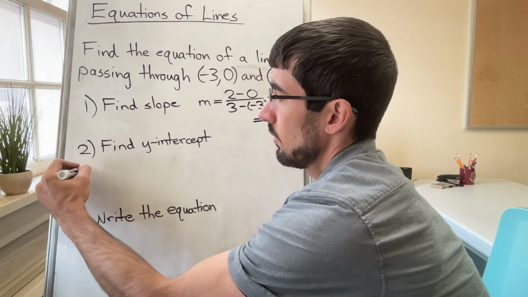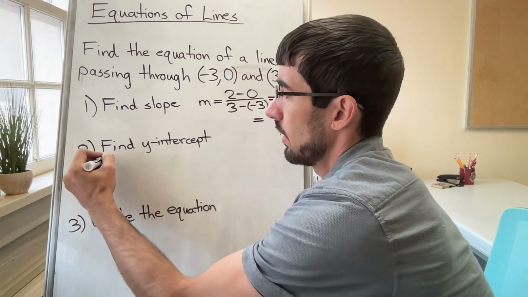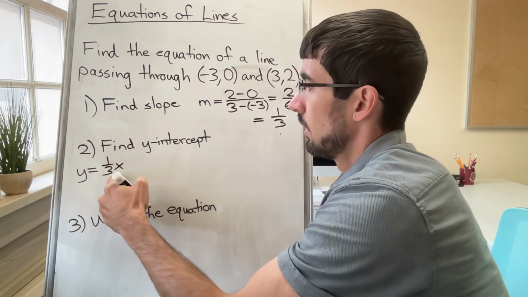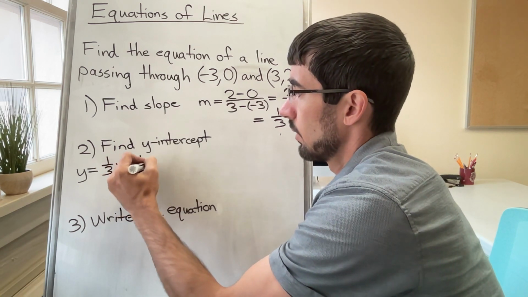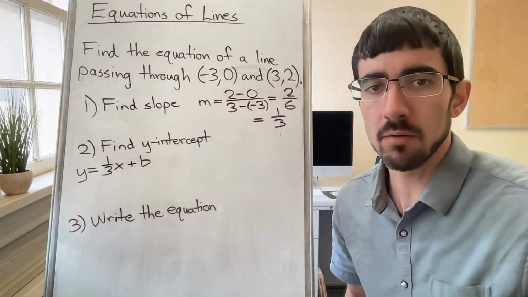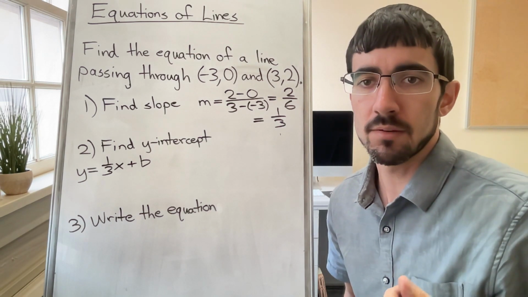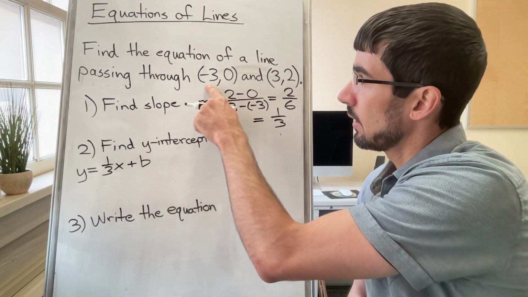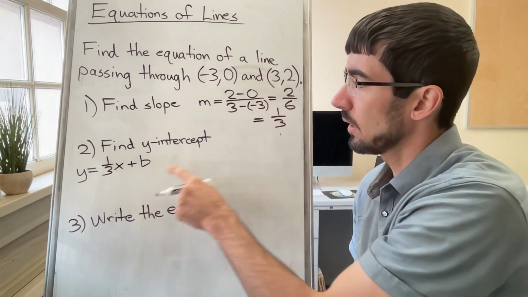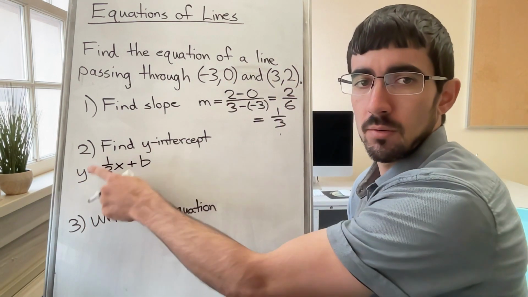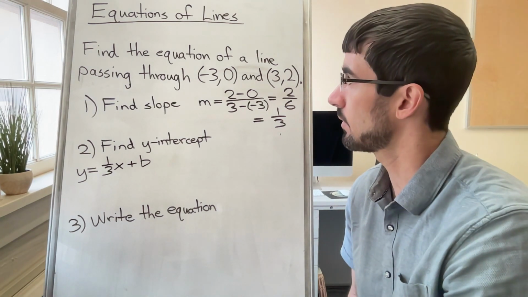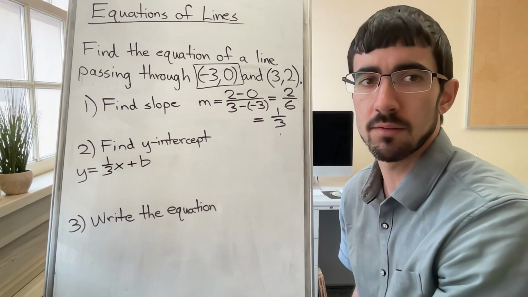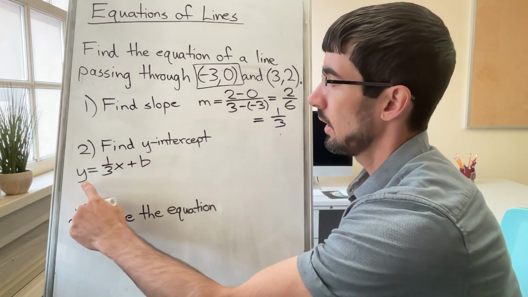So we have the equation of a line, y equals mx plus b. We know what the slope is, so let's plug it in. y equals 1/3 x plus b. So now the only unknown is the y-intercept, b. How do we find that? Well, again, any of these points are on the line and they fit this equation, y equals 1/3 x plus b. So let's just choose one of these points, maybe -3, 0, and let's plug it in for x and